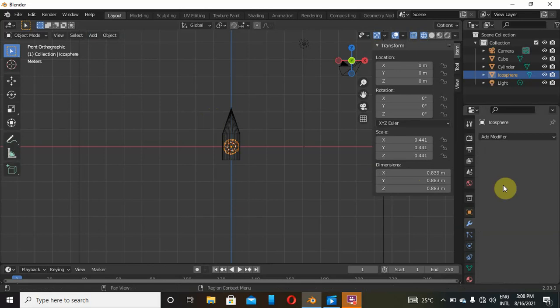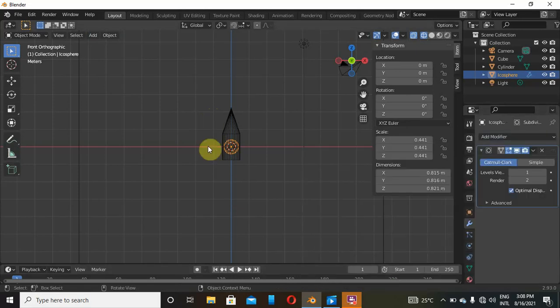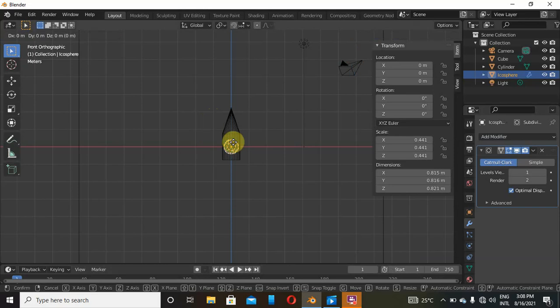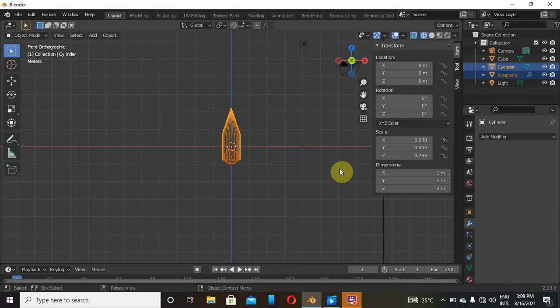add subdivision surface modifier, like that, and then GZ to grab it and place it somewhere there on the Z axis. Now we are going to duplicate all this. So click on shift and click on this rocket. Now we are going to, let's first